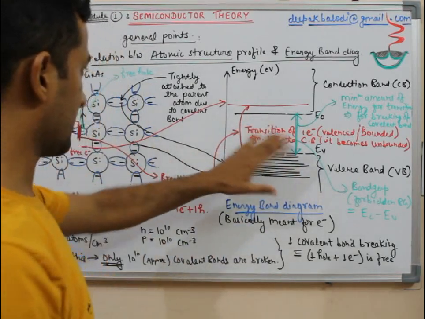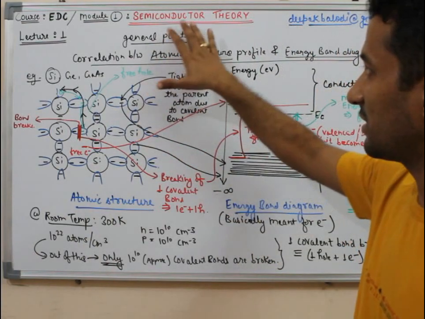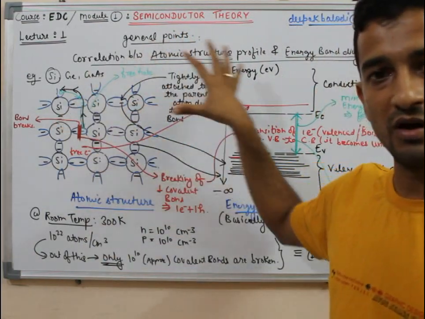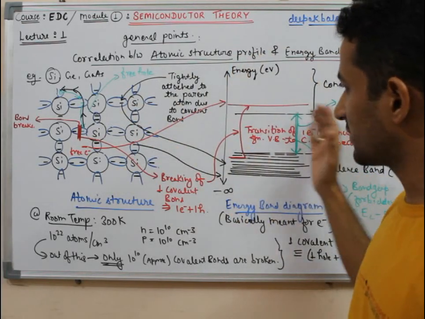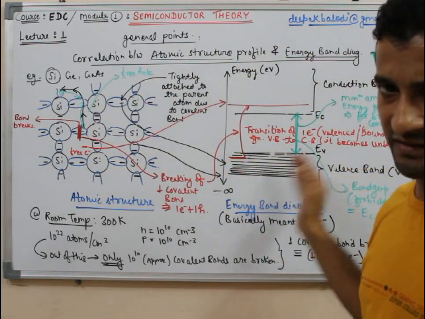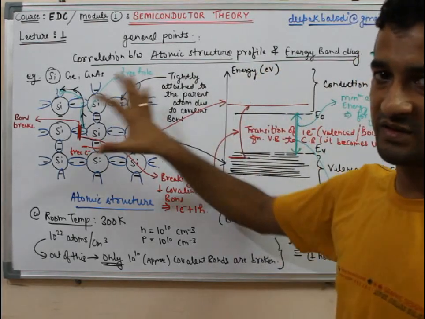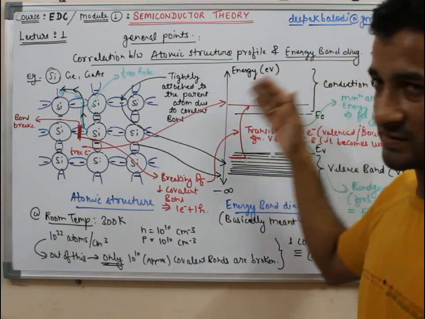So this is an understanding between these two diagrams, and it is very, very important, because in semiconductor theory lots of concepts are understood by this. So most of the time we'll be following this, because as you can see it requires less effort and it gives almost all the information which is being given by this atomic structure. So very frequently we'll be following this.